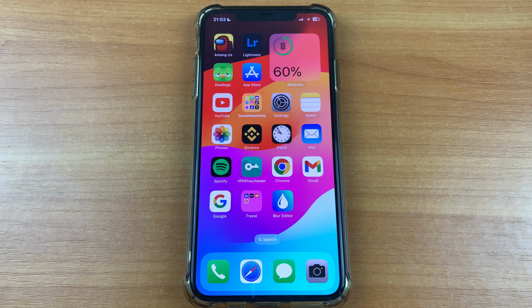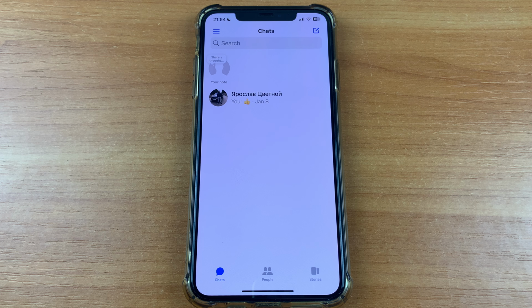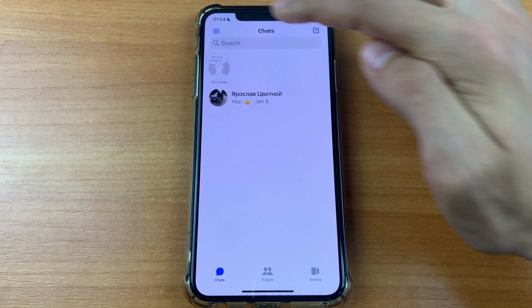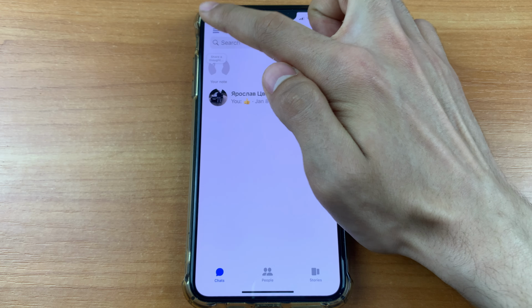And let's get started. So first we need to go to Messenger. After that we need to archive any chat. Swipe to left, click archive. After that, you must click on this button in the upper left corner.